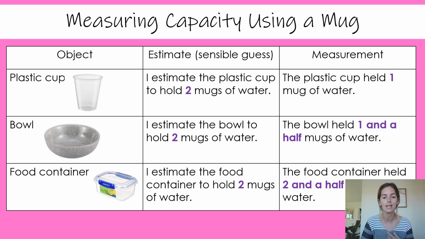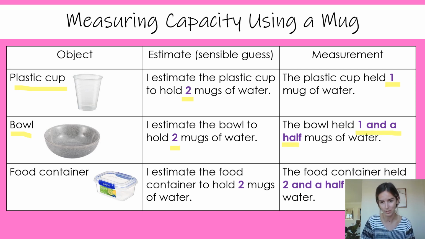So you can see here that I've got my plastic cup and then my estimate. I estimate that the plastic cup to hold 2 mugs of water. Remember, that was my sensible guess. The plastic cup held 1 mug of water. So that's the measurement. That was the capacity. Then I have my bowl. I estimate the bowl to hold 2 mugs of water. The bowl held